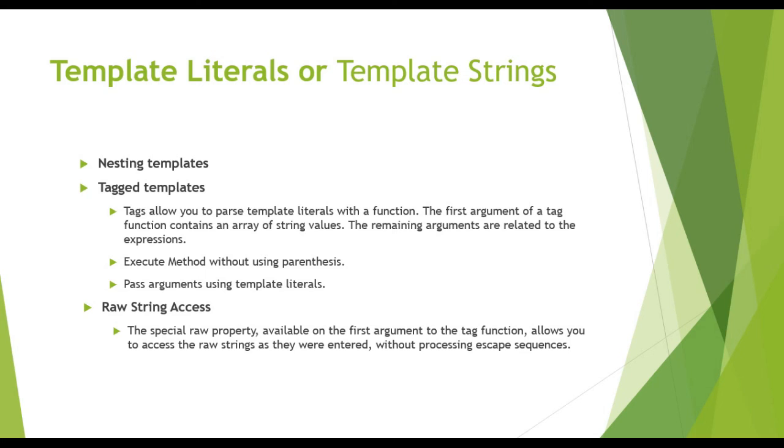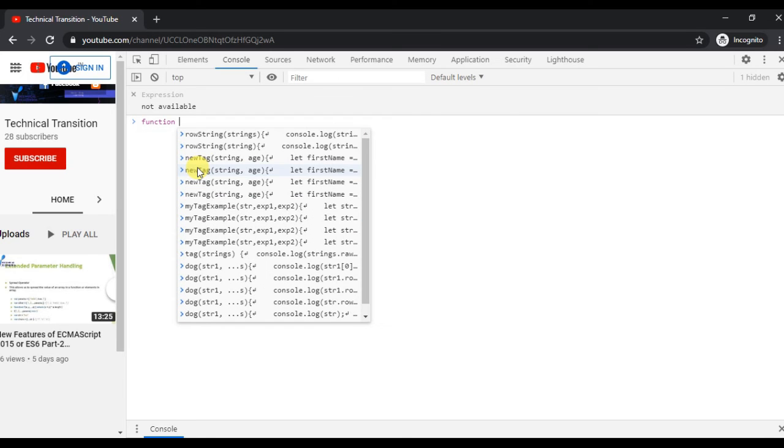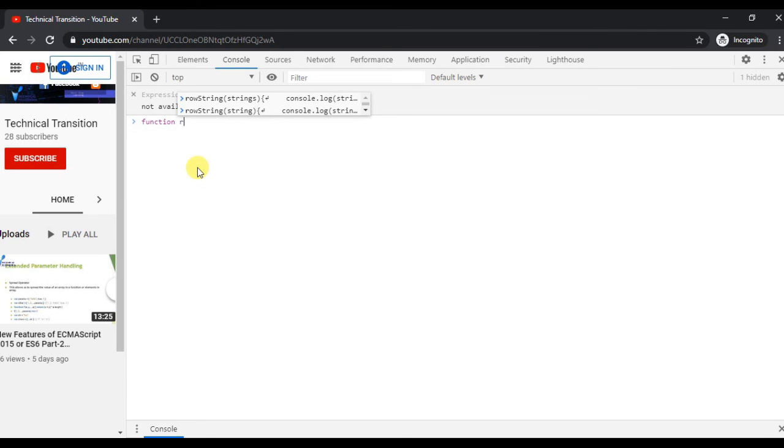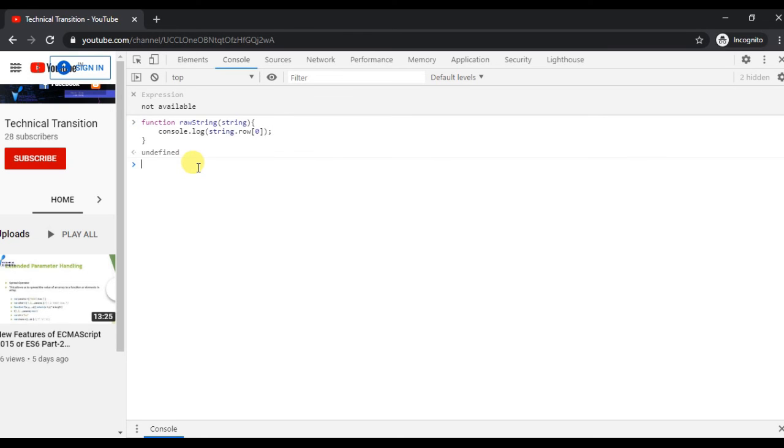So how can we access the raw string? Raw string function, I'm taking the first position to be escape.